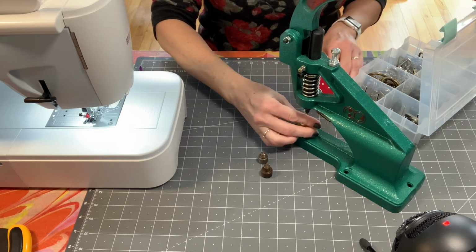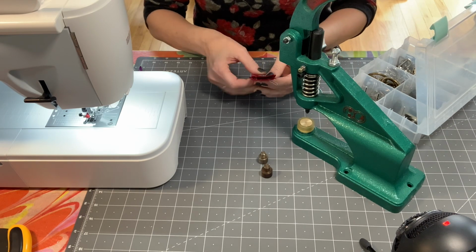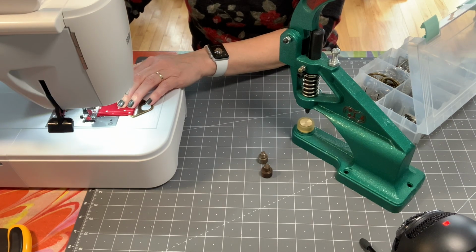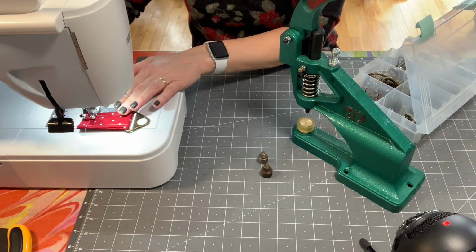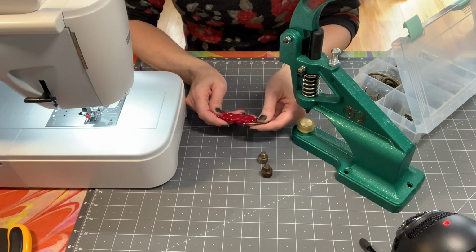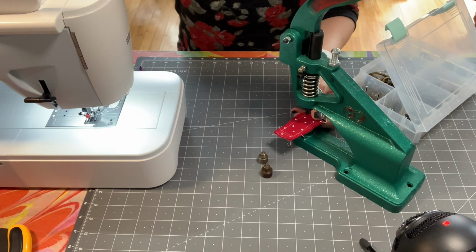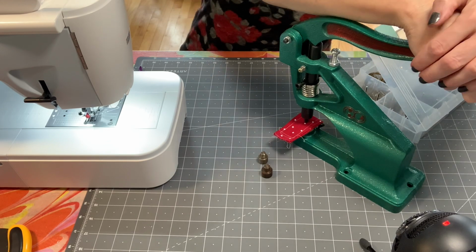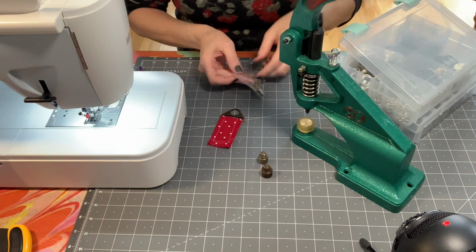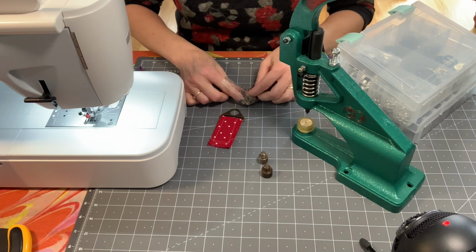So I'm just going to switch back out to the hole punch there. And I'm going to go ahead and run a row of stitching across those raw ends just to hold everything. If you did not want to install a rivet, you could stitch across there as well. And so I just want to punch a hole through all the layers right at center, about 1 inch down from that hardware. And I am using 8mm rivets for this, so I will need